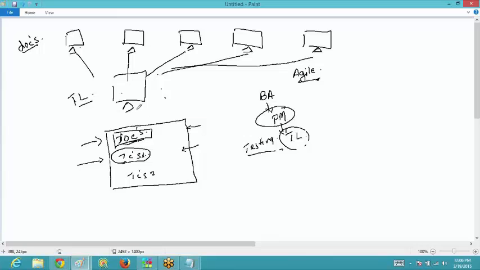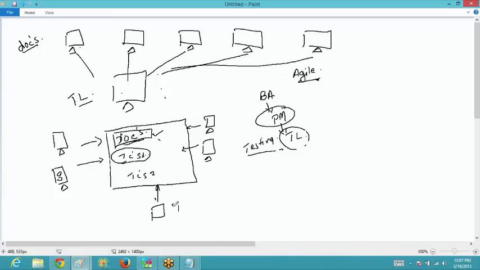Correct. So this is what is actually done in the test management tool. We are keeping all the things under one roof. Every tester's system is connected, or we can say on his system he is given a link to connect to this particular system wherein all the documents are kept. Whatever test cases they write on their systems, they submit over here, wherein the test lead is also connected.